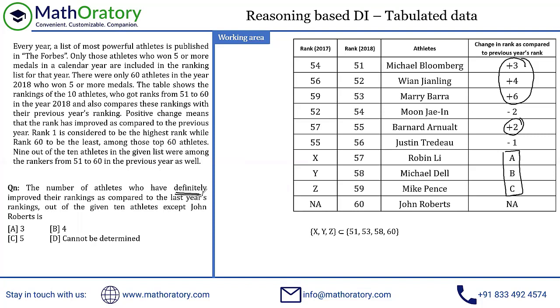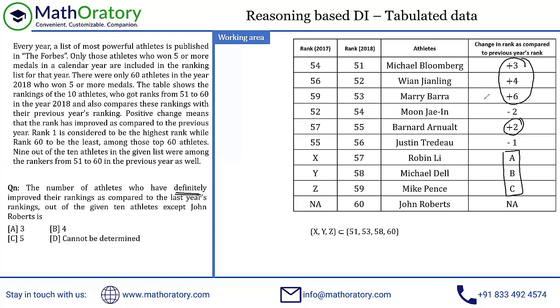So if I make it negative, understand the difference here. If the question is looking for definitely improved rankings, if A, B, C could be negative, that is not definitely an improvement, right? Because it could be negative. But if you're looking for could be improved, we know that four people have definitely improved out here. These four are what I'm talking about. If you know the maximum limit, then you know that it should lie between that range, so 4 to whatever. But in this case, we are looking for definitely.